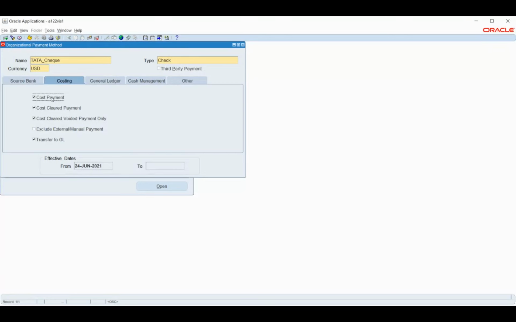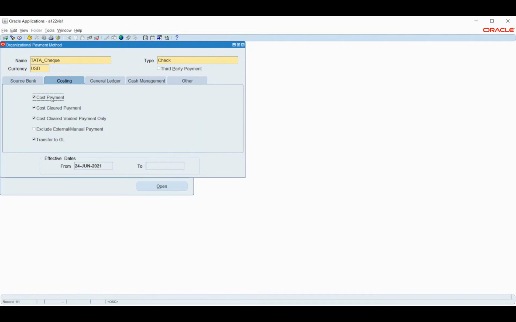Firstly, we will run the payroll. We have a separate concurrent program for that, and then we will run the prepayment. Prepayment is nothing but the process of arranging our payments based on the assignments. Once this is done, the system will prepare the costing. Costing is nothing but the process of making the payment and accounting the payment that we have made. That is the third step that we will do.